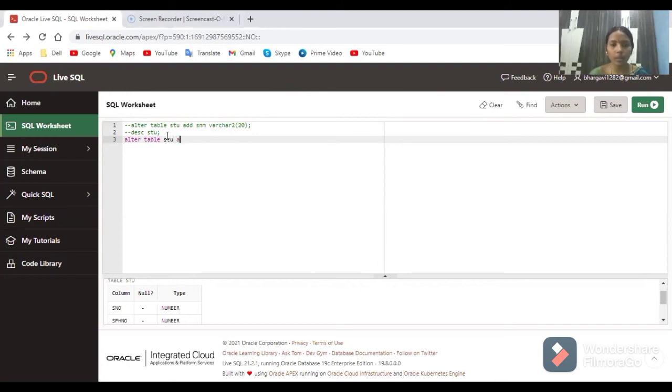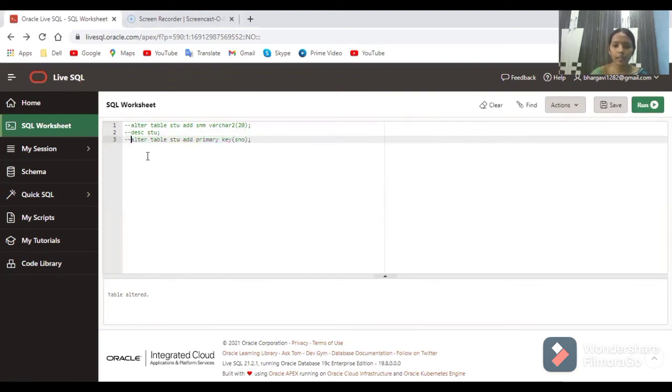What are you going to add? You are going to add a primary key. On which column are you adding a primary key? On the student number column. Now put the semicolon, say run. If you click on run, you are able to see here table altered. That means the table is modified.